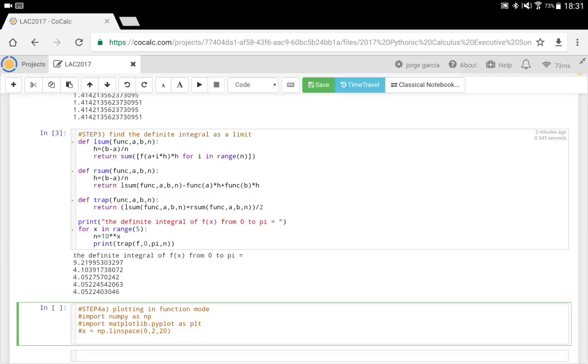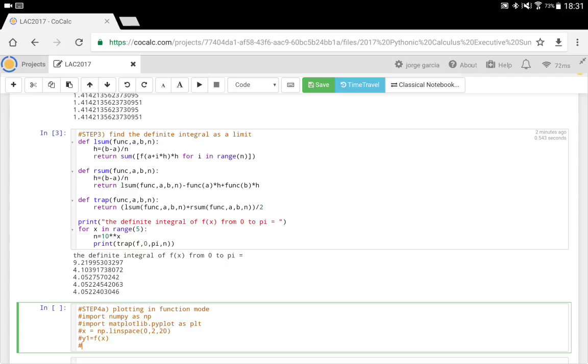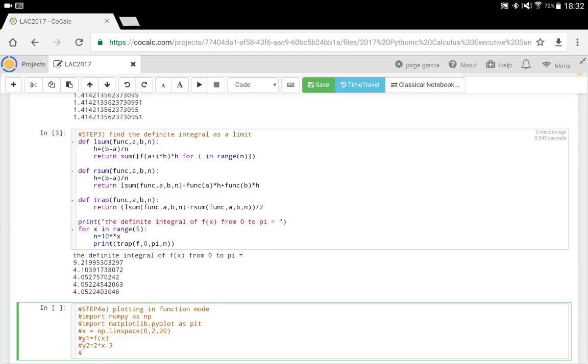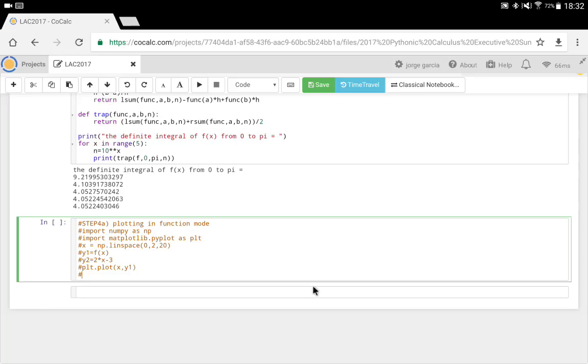Alrighty. And then we said let y1 equal, oops, this is all commentary because I'm going to do different today. Let y1 equal f of x from above. Let y2 equal the tangent line of f of x at x equals 1, I think it was, we figured out would be 2x minus 3, so 2 times x minus 3. Don't forget, multiplication is explicit. You got to say it. You can't just write 2x, right? All right, and then we're going to say plt dot plot x comma y1 and plt dot plot x comma y2